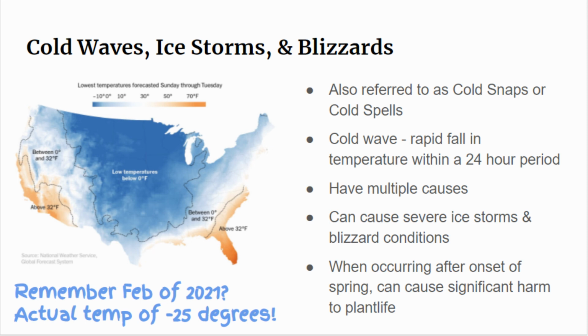If we get these cold snaps after spring, when plants and flowers and trees have started to bloom already, it can actually damage those and cause them to not bloom as well, not grow as well for the season. Ice storms can cause breakage of structures and plant matter of trees, those kinds of things. If the ice on them is too heavy, it can cause them to break or fall over.